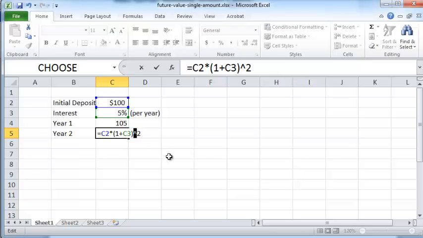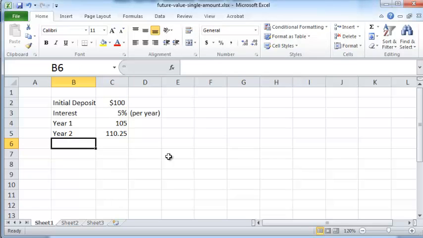I use the symbol, the caret, which is an inverted V-shaped symbol, and that indicates the power sign. So here we're saying 1 plus C3, or 1 plus interest rate raised to the power 2,